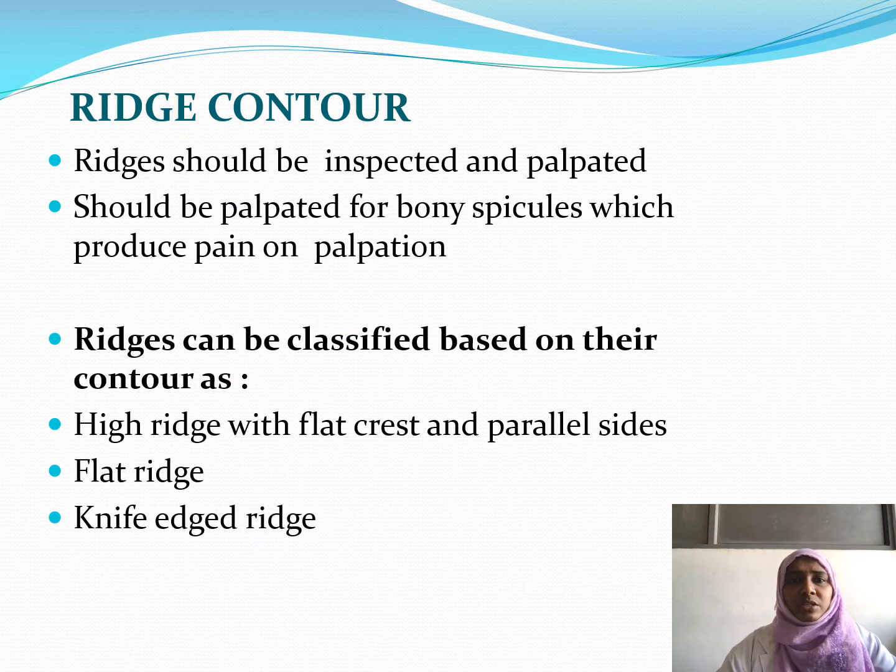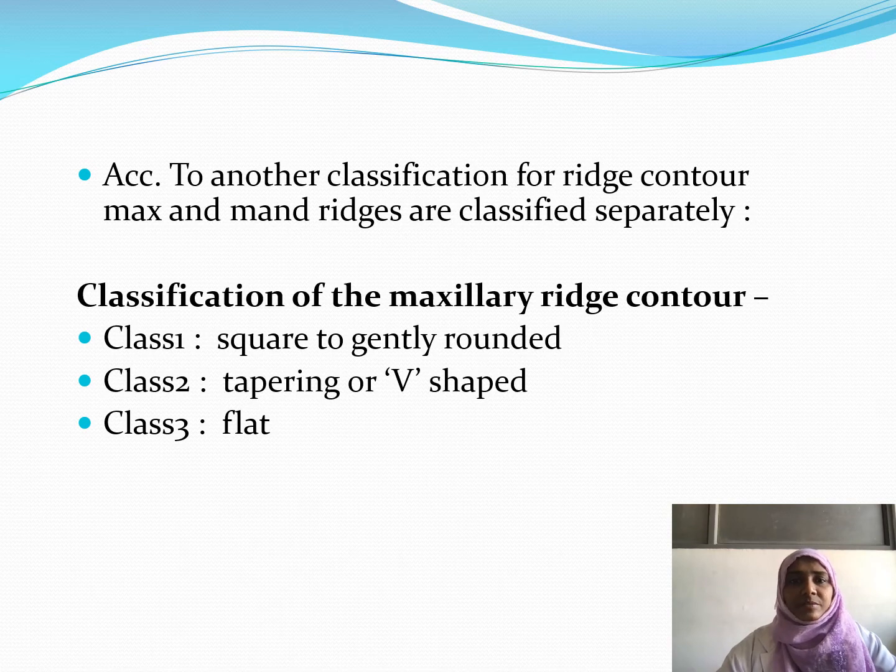And ridge contour, which should be inspected and palpated, and this should be classified based on the contour as high ridge with flat crest and parallel side, flat ridge, knife edge ridge. According to classification of the maxillary ridge contour, like class 1 square or gently rounded, class 2 tapering or V shape,